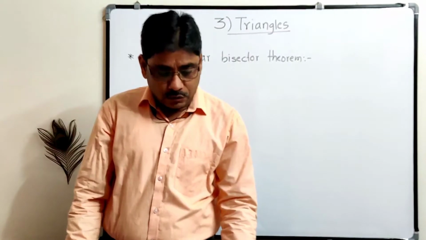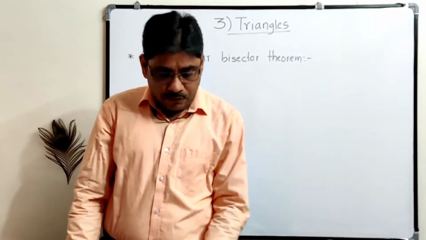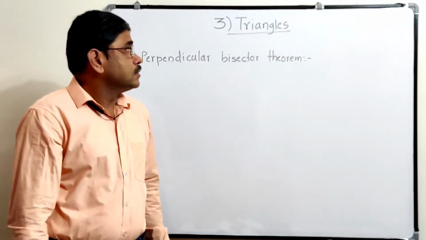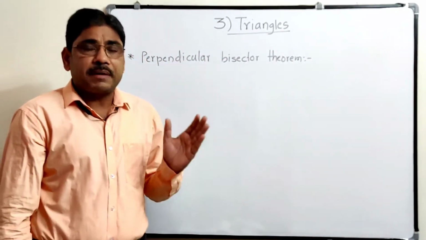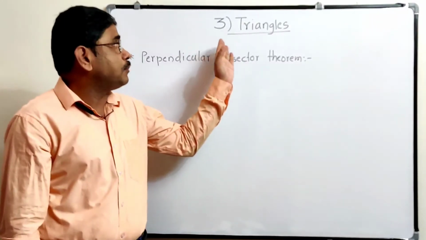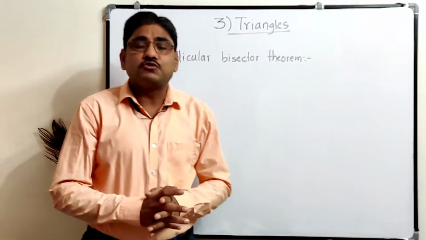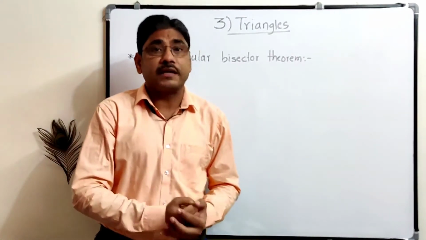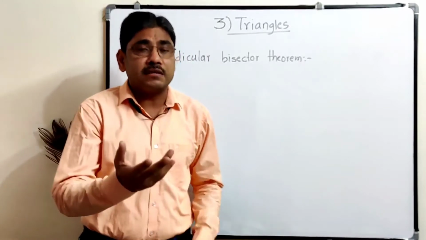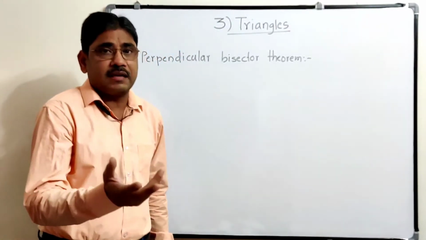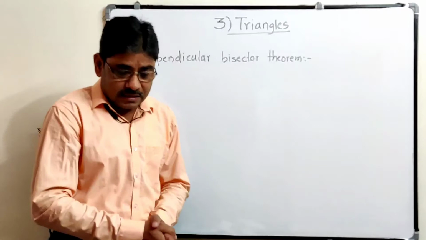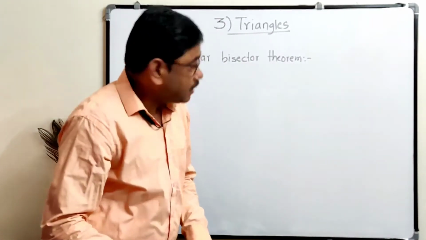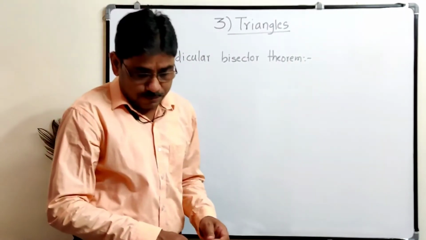So 1, 2, 3, 4, 5. So 5 theorems are there. So before studying that practice set 3.4, we have to study those 5 theorems. 5 theorems है वो हम लोग को study करना है, and using those 5 theorems, वो 5 theorem हम लोग को use करके वो practice set solve करना है. So let us see the first theorem. पहला theorem क्या है उसमें देखो. The first theorem is a perpendicular bisector theorem.